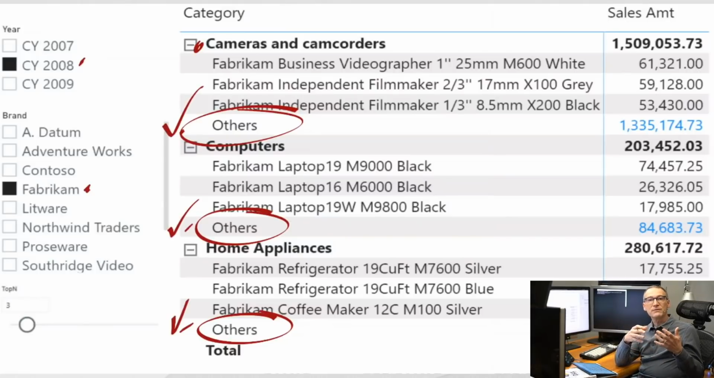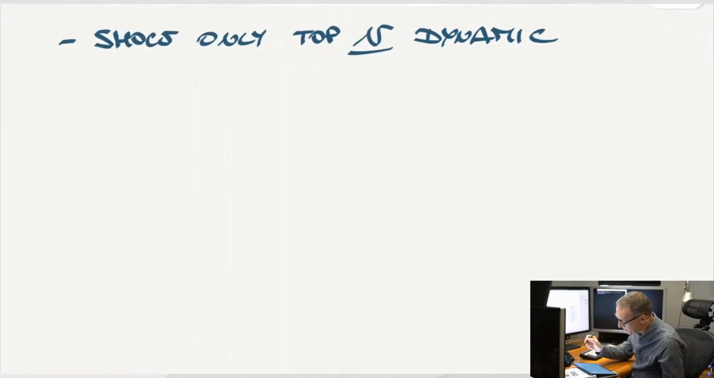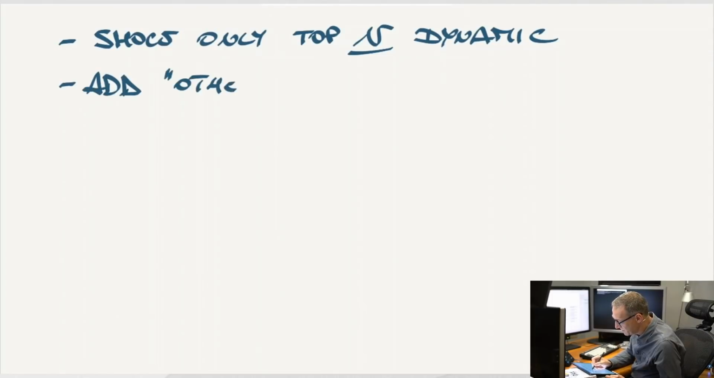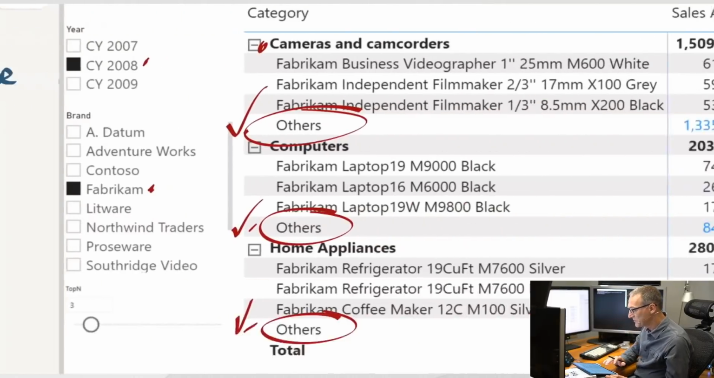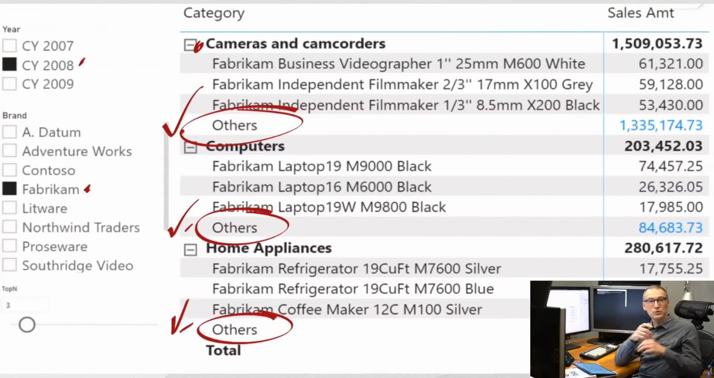Whereas what I want to have is a new row, others, that appears everywhere I want, and I want to control how it happens. So that drives us to the second operation that we need to do, which is add the others row. Because it will not be a product, it will be some different entity that we need to add to our